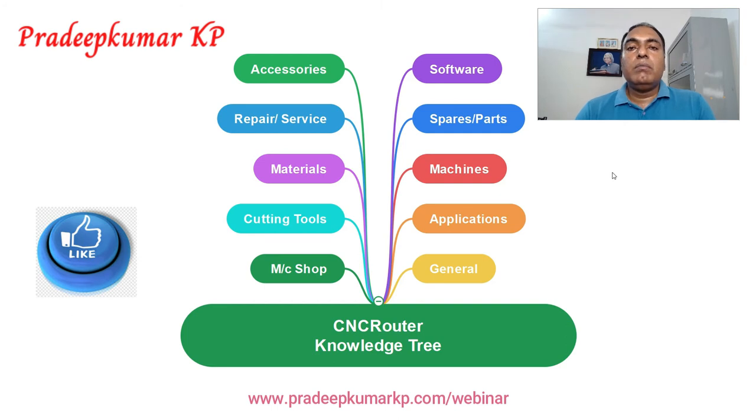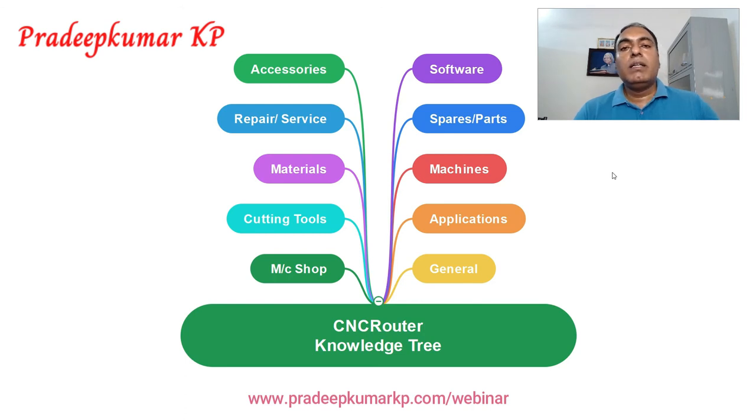Then the most important thing is the cutting tools, because the end effect of the CNC router comes from the quality and geometry of the tool we use. So the cutting tool is very important. It depends upon the various kinds of operation. We should have the knowledge to select the right kind